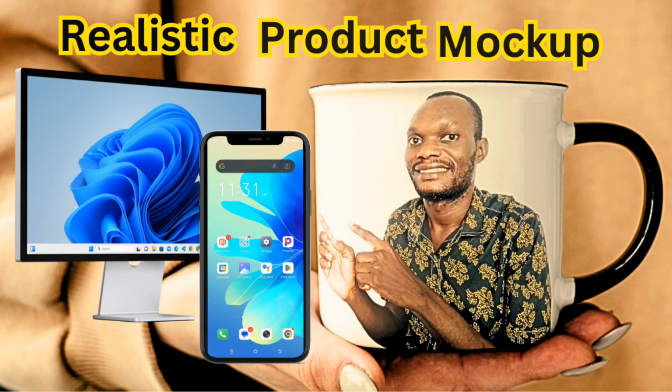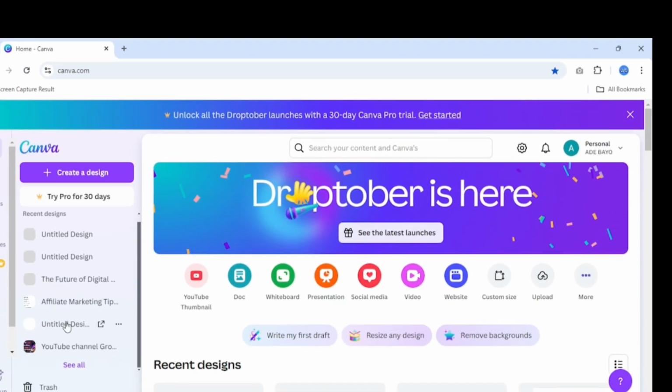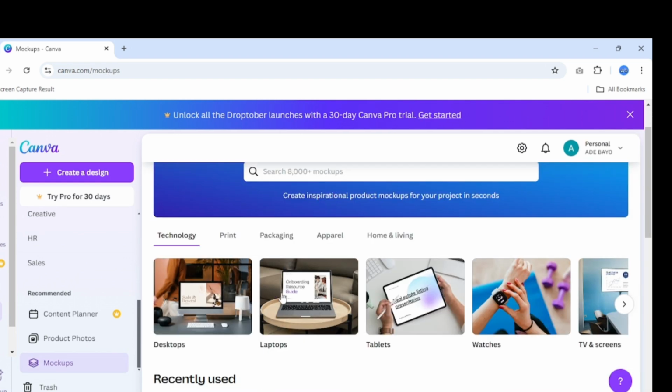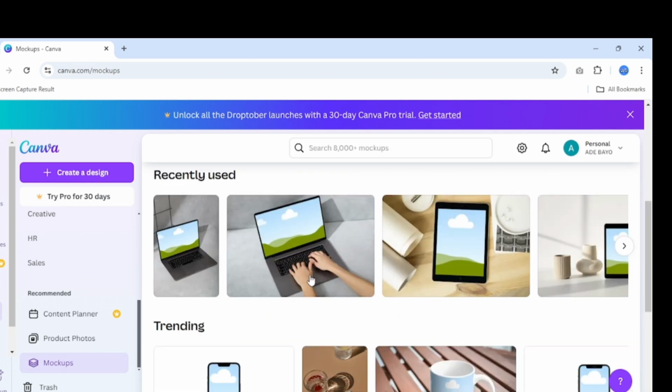In this video, you are going to learn how to create a realistic 3D product mockup in Canva. In order to create a mockup, all you need to do is to click on App. You are going to see this section. Click on Mockups. As you can see, we have a lot of mockups that you can simply use for your